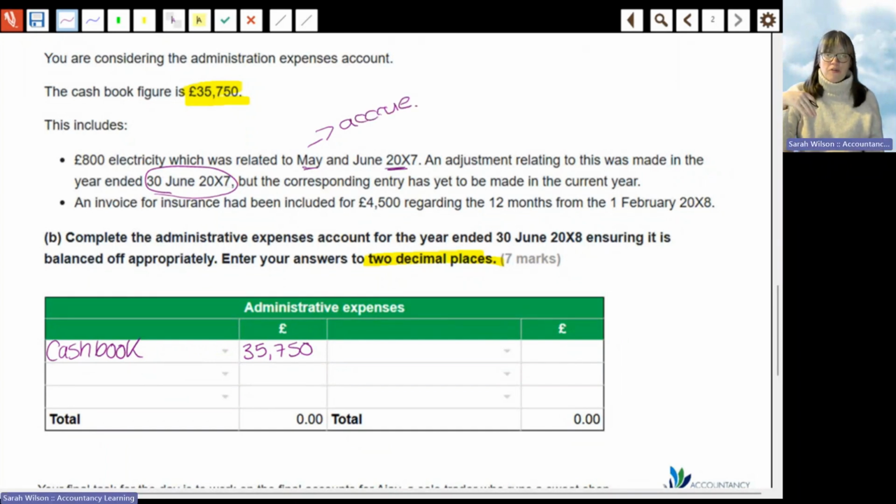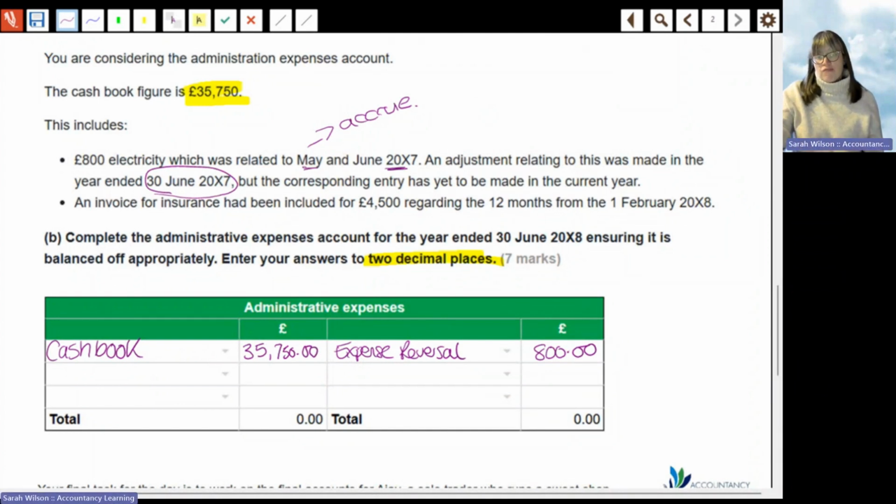So now we're going to have paid them in the new year, so we need to reverse them out. So we are going to have the expenses reversal. Again, you'll choose from the drop down. And we're going to have £800. So remember, we need to do 2 decimal places, which I haven't done here. So let me pop that in as well.